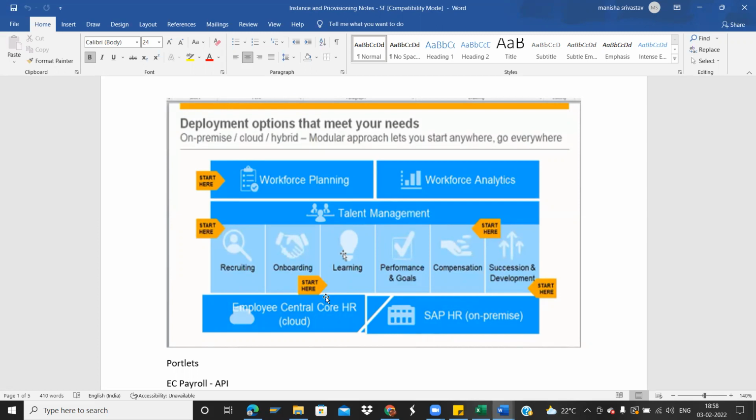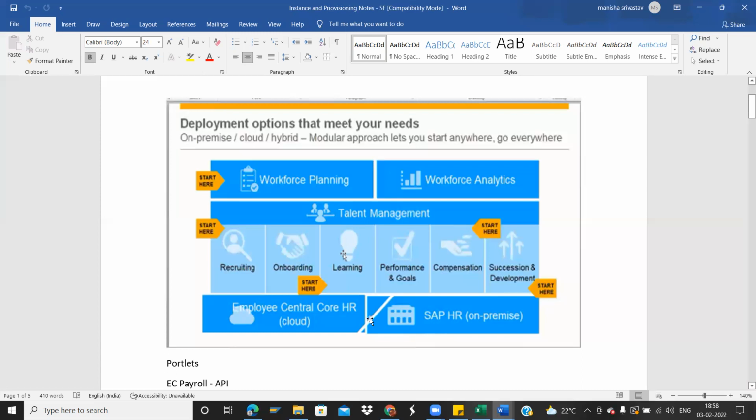But the thing is, SuccessFactors, unlike other ERP solutions where you need a certain server, in that server only you can log in and connect. If the server goes wrong, then you can't connect. But here it is completely operated by cloud. There is no need of any server. You just need a URL, credentials like login ID and password, and an internet connection, then you can operate it. It is maintained in a single URL. Basically all the configurations will be done over there.